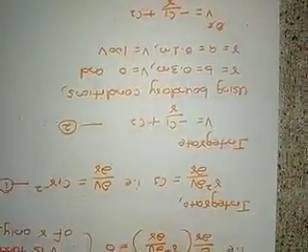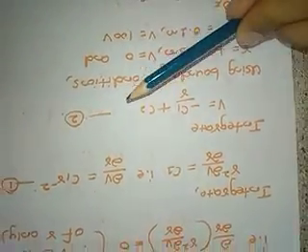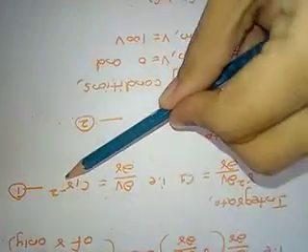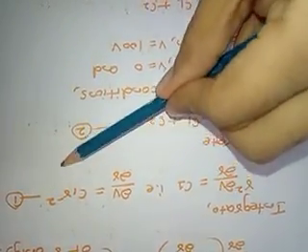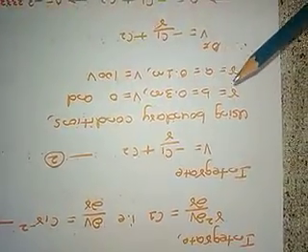Again integrate. V is equal to minus c1 by r plus c2. So if you integrate this with respect to r, you get minus c1 by r. The integration of x to the n is x to the n plus 1 divided by n plus 1. So that plus c2. Take it as equation 2. Now apply the boundary conditions.